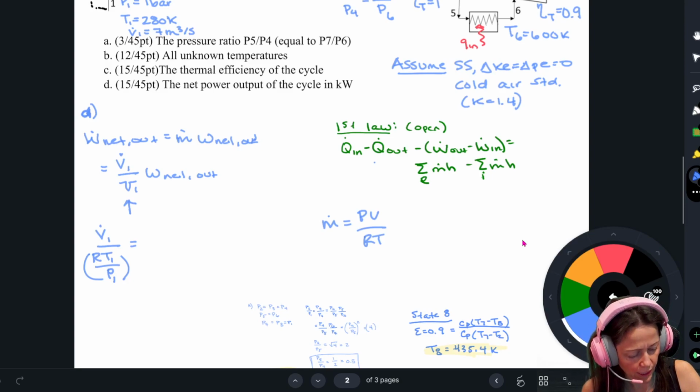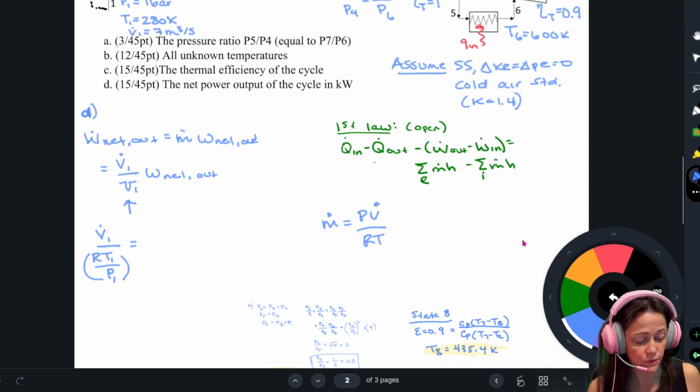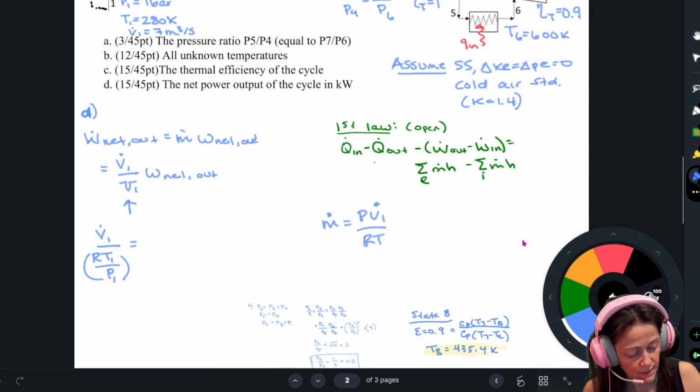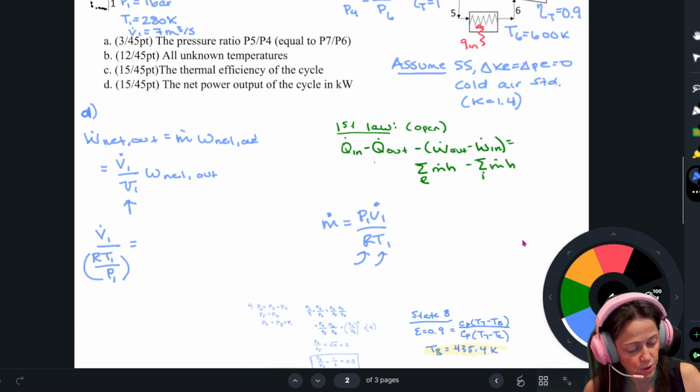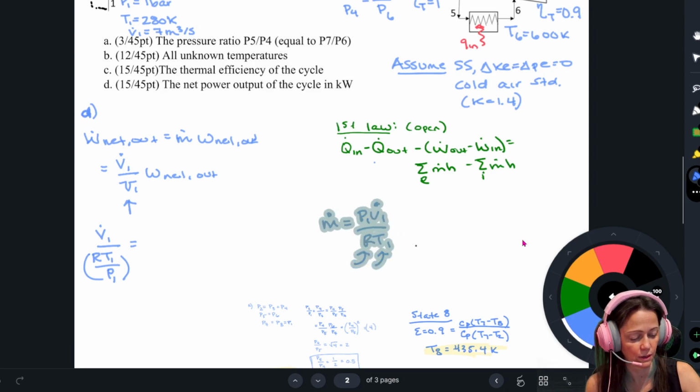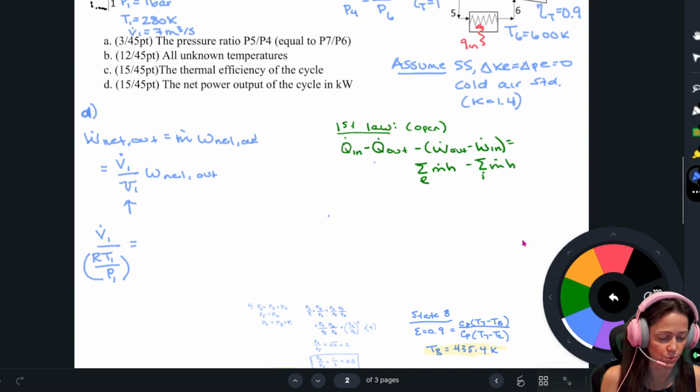Make sure that you put a dot, so that I know it's mass flow rate, volumetric flow rate. Also, you would need to indicate that it's at state 1, and you would need to actually plug in those values, show me what this R is, what temperature you are using. If you didn't do that, you wouldn't have gotten full credit, but I would have tried to get you